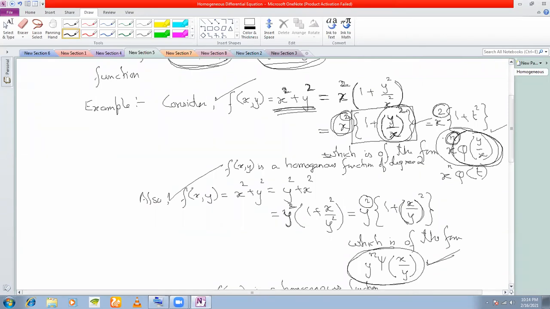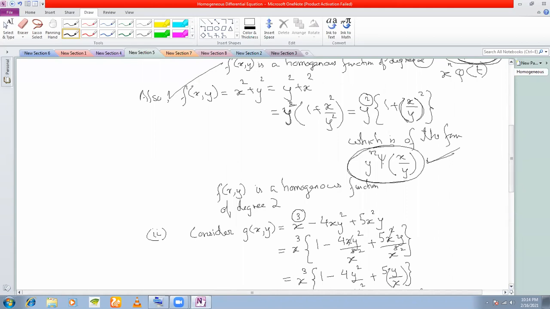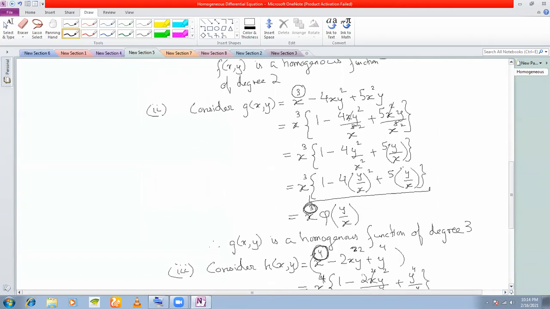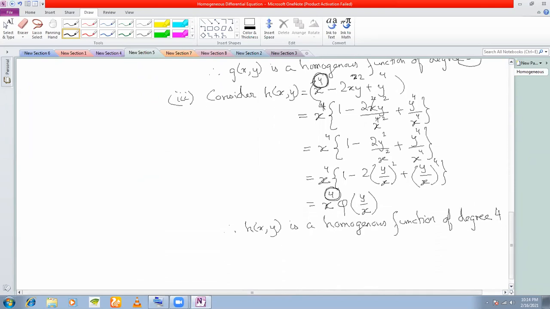Okay. So whenever we are testing for a homogeneous function, we have to check whether we can express the function in the form x to the power of n into a function of y by x. This n here is called the degree of the homogeneous function. So in this case, the power here was 2 for fxy, therefore we say it is a homogeneous function of degree 2. Similarly, in the second example, the power of x is 3, that is why we say that it is a homogeneous function of degree 3. Here, at the last, the power of x is 4. Therefore, we say this is a homogeneous function of degree 4. Clear with this?